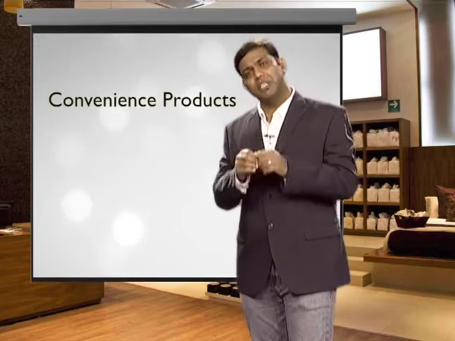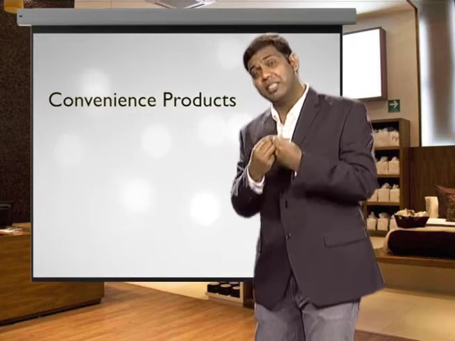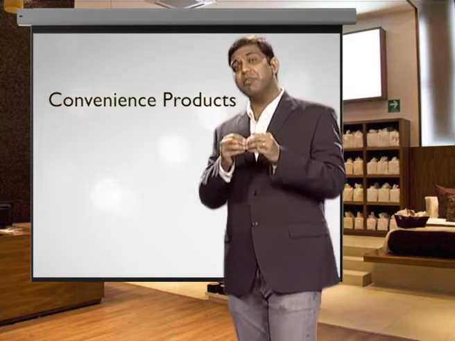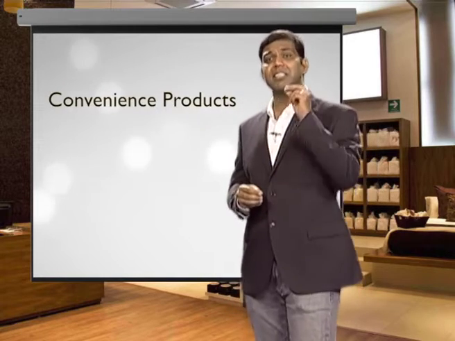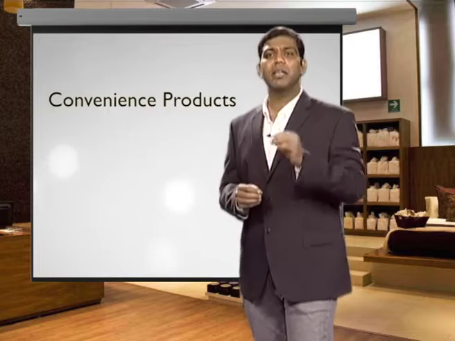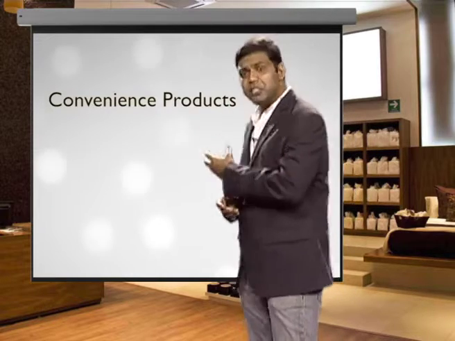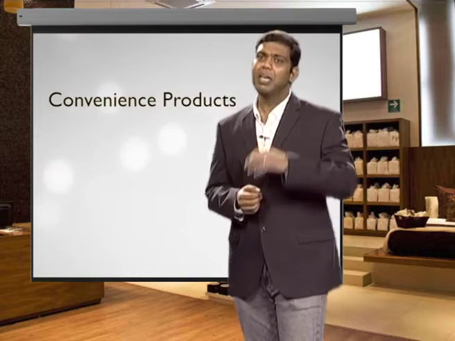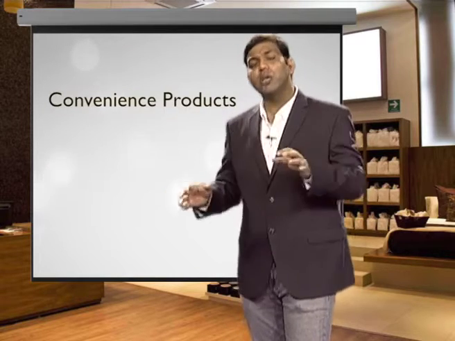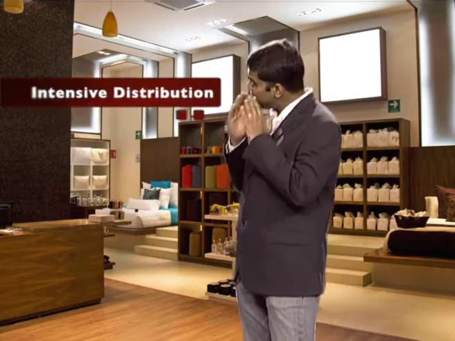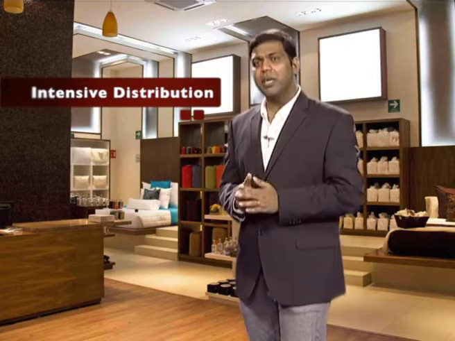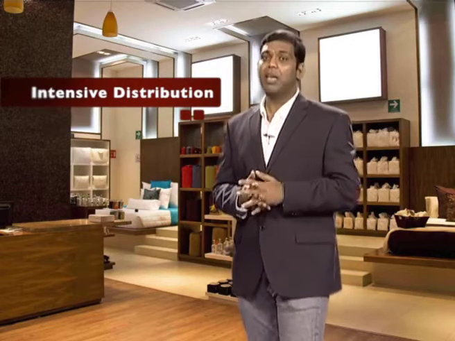So in such scenarios where you have convenience products, you have to make sure that the product is available in the closest location that the customer is looking for. That is where we bring in intensive distribution, which is basically distribution through every reasonable outlet available for the customer. That is where FMCG companies, which sell convenience products, use an intensive distribution mechanism wherein the product is available in almost all locations where the customer is looking to buy it, be it kirana stores, organized retail, or any other format. So intensive distribution is about distributing the product through all reasonable outlets that are available.